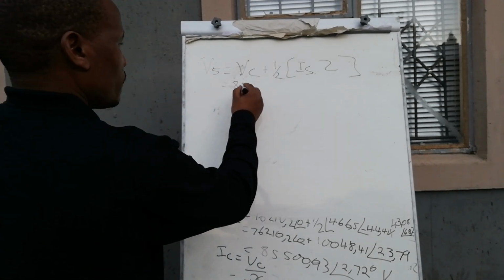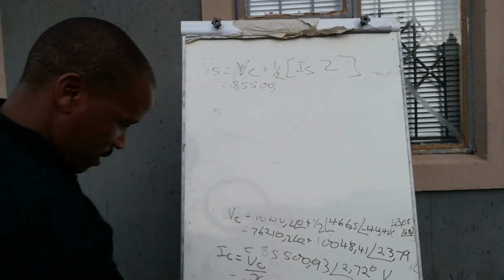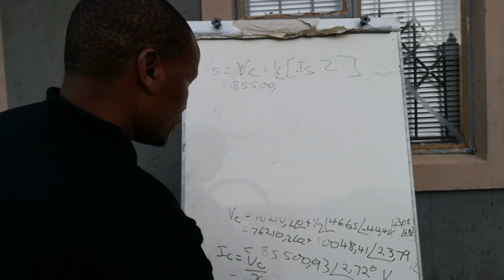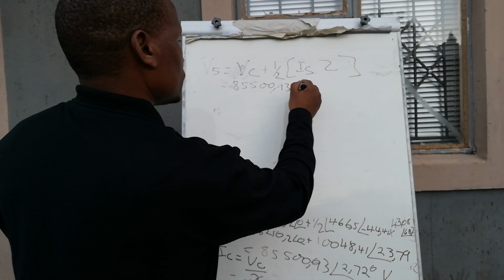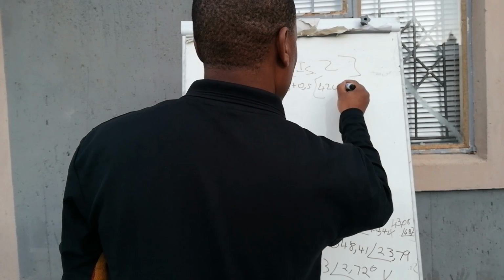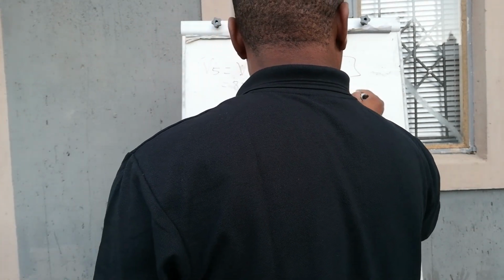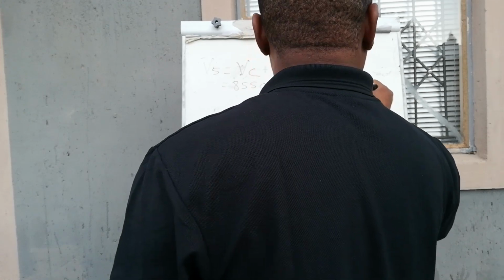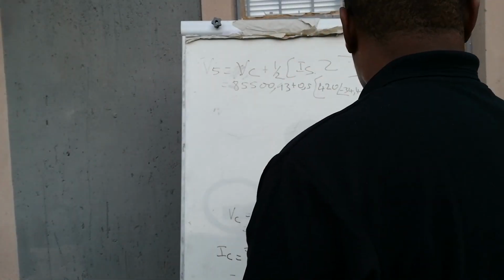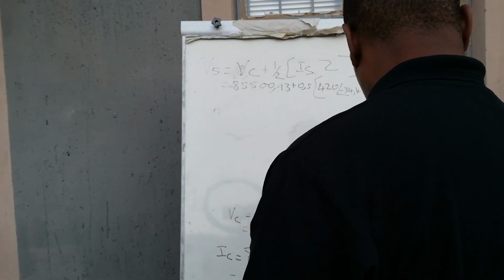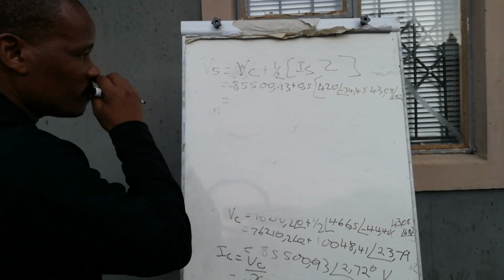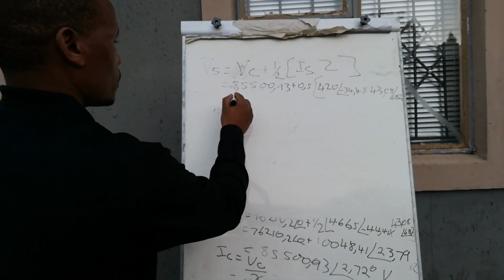Now it is 85500.93 plus 0.5 times IS, which is 420 angle of minus 34.4, multiplied by 43.08 angle of 68.2, is equals to what? Okay,